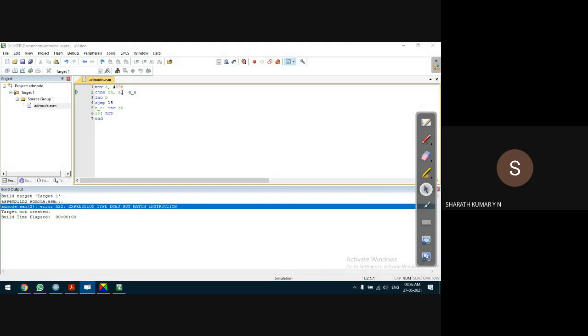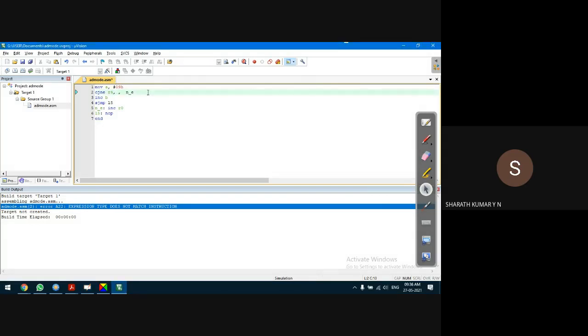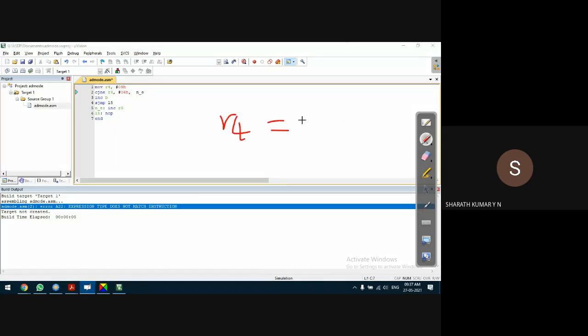I'll take R4 comma hash 06H. I'll take R4 data as 09H, so R4 contains 09H. I'm comparing this with 06H.